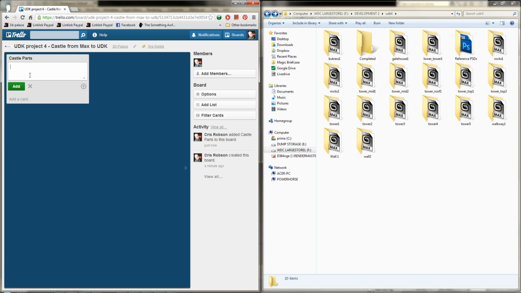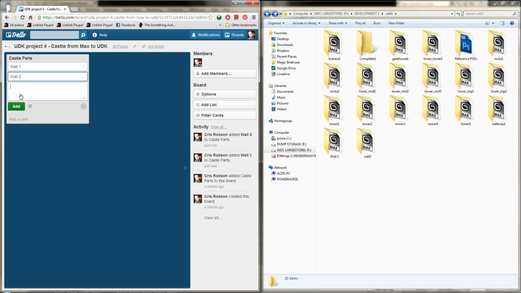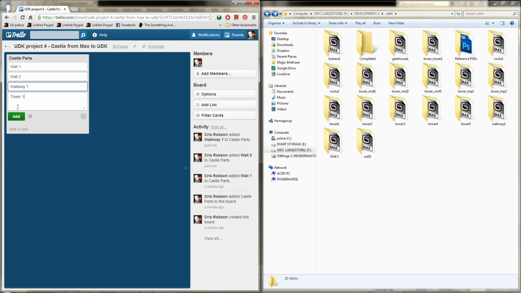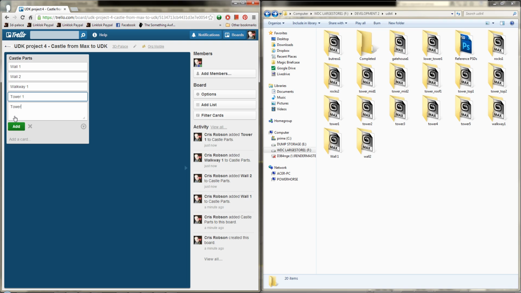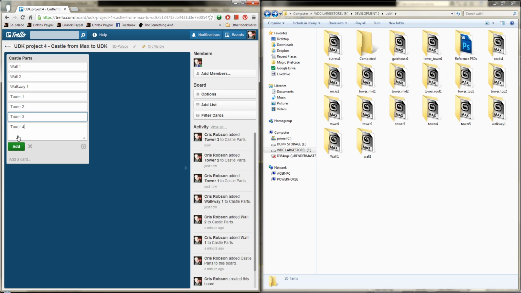Wall 1, wall 2, walkway 1, tower 1, 2, 3, 4, 5, tower top 1 and 2,